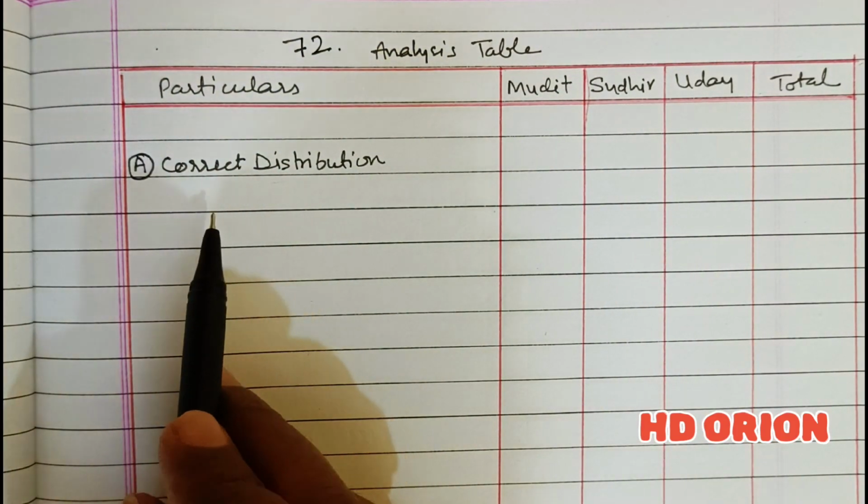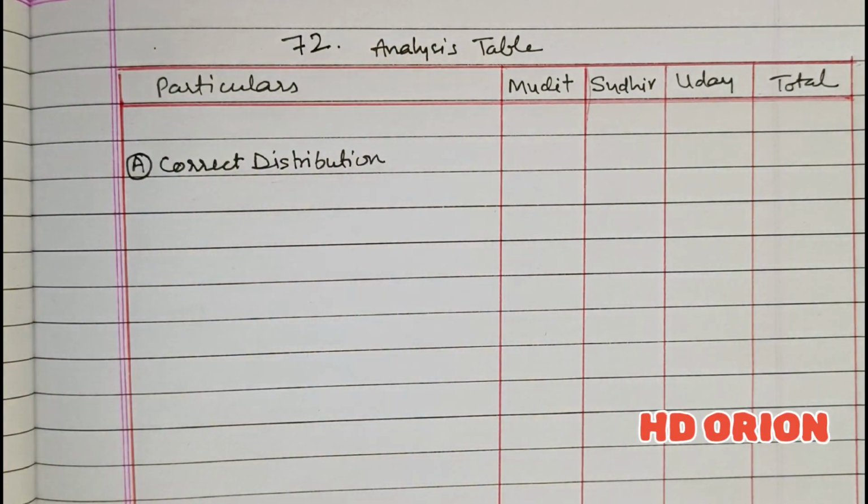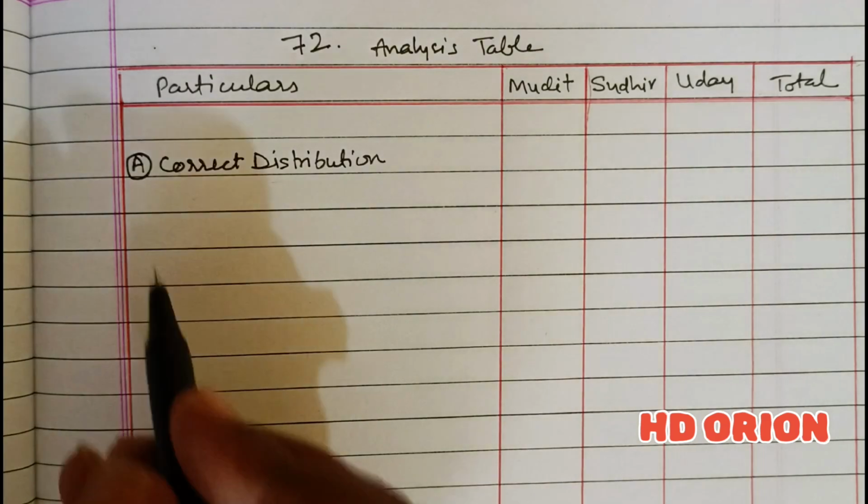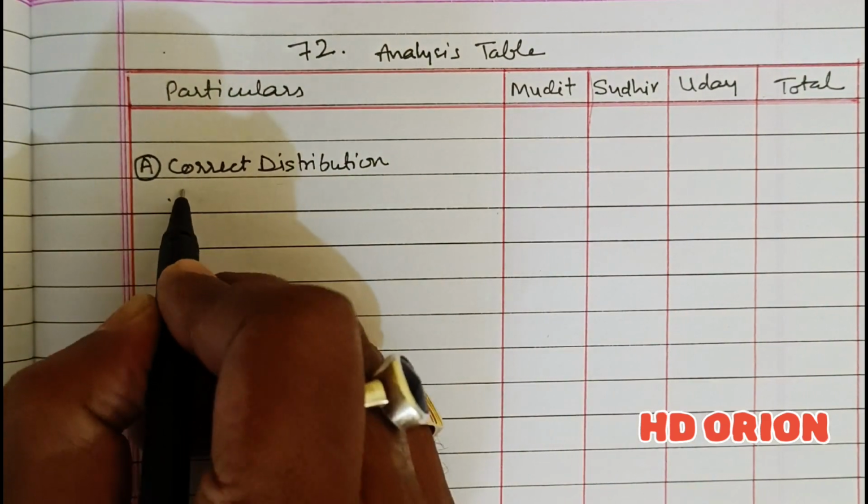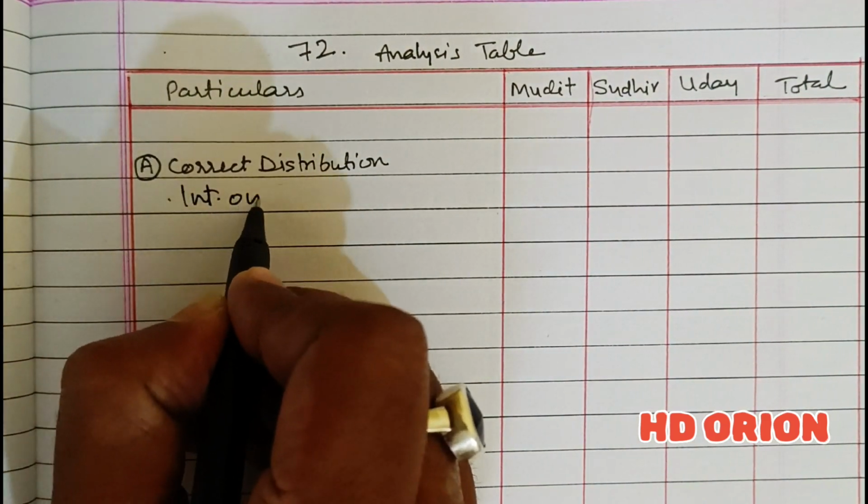First we will see the correct distribution. Because the firm has ignored the points given in partnership deed, we have to calculate the exact amount for all the partners as per the partnership deed out of the net profit which they deserve. Fine. So net profit of the firm for the year is rupees 1 lakh and it was supposed to be given to the partners in the form of interest on capital. So the first part is interest on capital